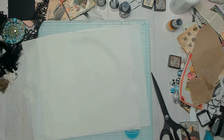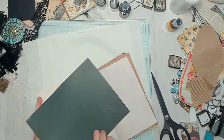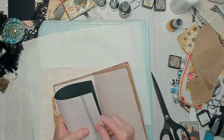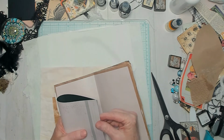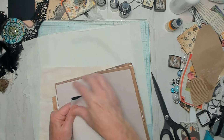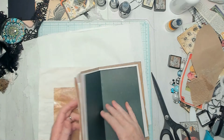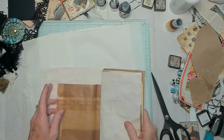Something that I have that I like. This journal sheet. This is pretty cool. It's green on one side. So I'm going to fold this in half. Pretty thick. Fold it in half. See how that fits in there, like that, right in the center. I like that. Okay. So basically,